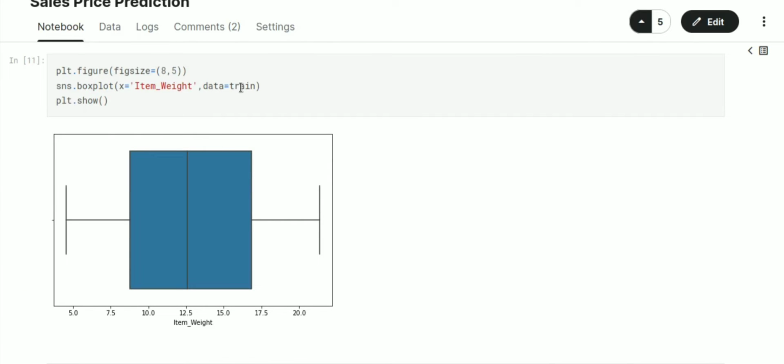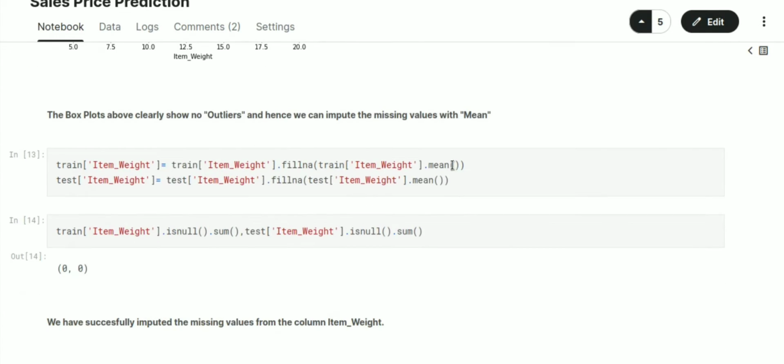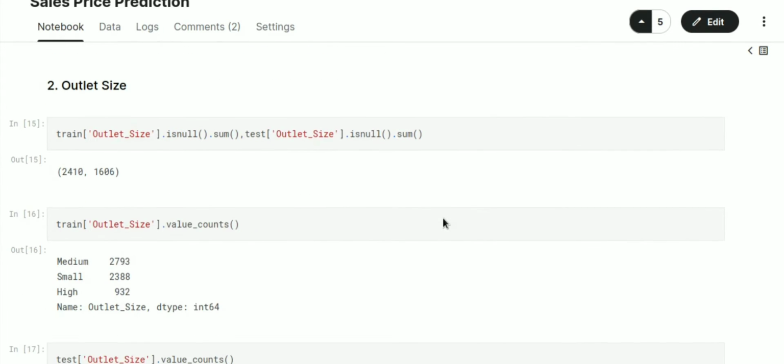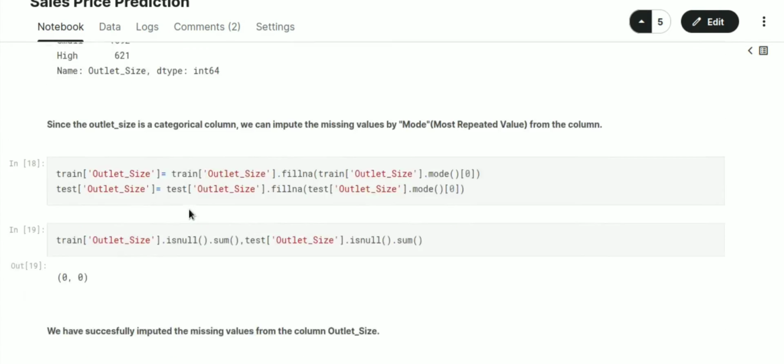Now I have plotted a box plot of them to check whether any outliers are present or not, and we have seen that there is no outlier. So I replaced null values with the mean of another. After that, check outlet size, and here also I have